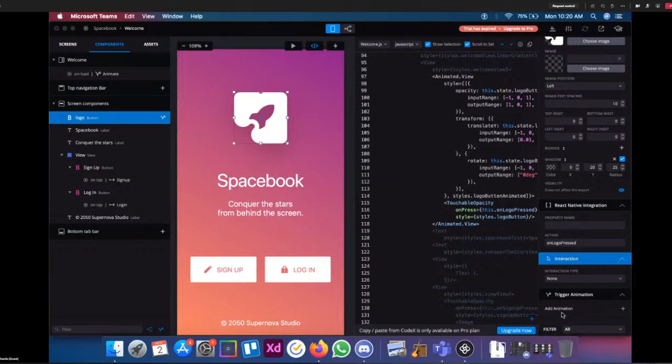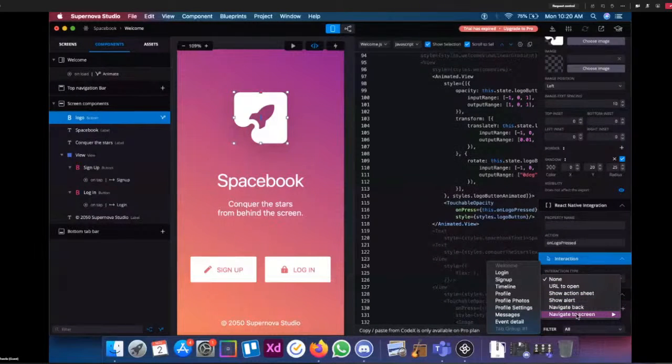Of course, trigger animation means when you click on this, an animation takes place, or if the app loads, an animation takes place. But in this case, we want an interaction to take place. We can say open a URL, show action sheet, show alert, navigate back, navigate to a screen. Again, the functionality that you can add is somewhat limited depending on the kind of field it is. If it's an input field, you can add certain properties or functionality to it. If it's a button, you can add